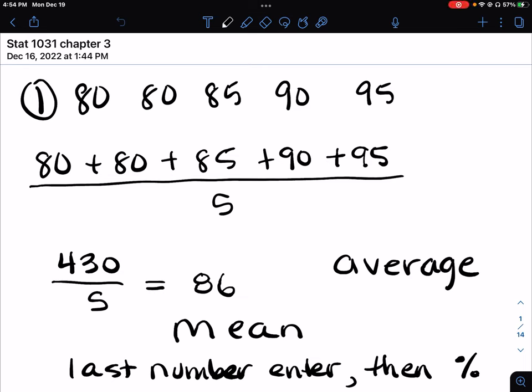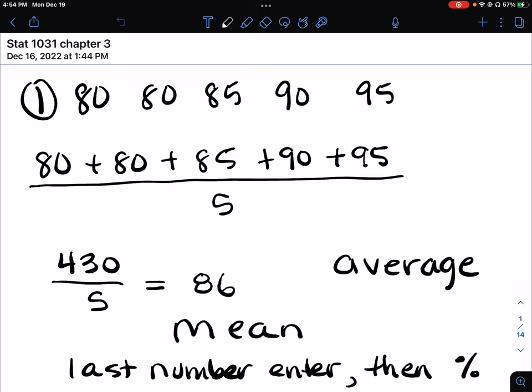Chapter 3, to find the mean is the same as the average. So you add up all the numbers and divide by how many numbers there are. So when you add them all up, you get 430, divide by 5 equals 86. That's the mean. If you use a calculator to do this, be sure that after you hit that last number,